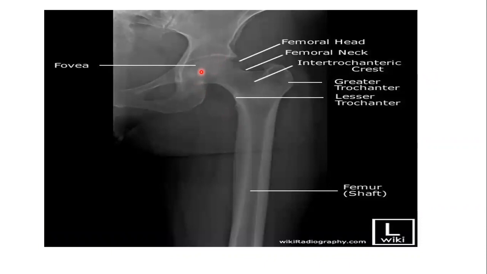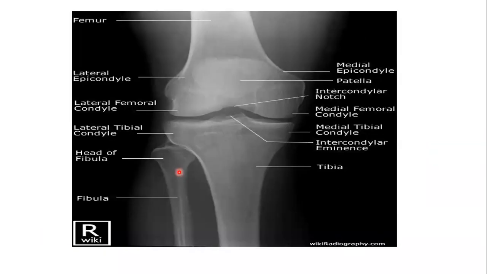Here also we have an X-ray of the hip, AP X-ray of the hip, showing the head of the femur, fovea, neck, and the greater and lesser trochanter and intertrochanteric crest. AP X-ray of the knee, showing the patella anteriorly, medial and lateral epicondyles, medial and lateral condyles of the femur, intercondylar notch,